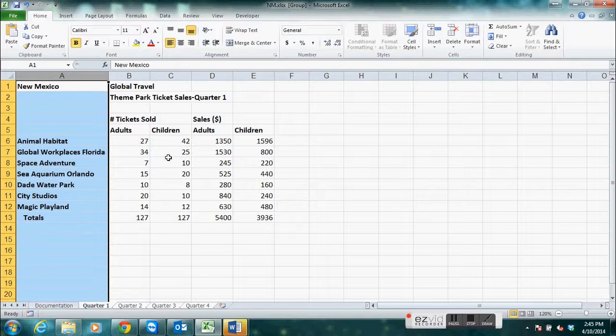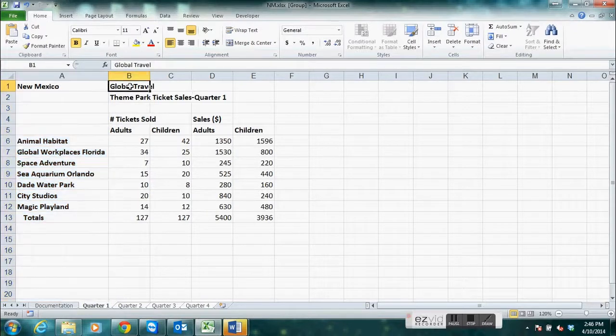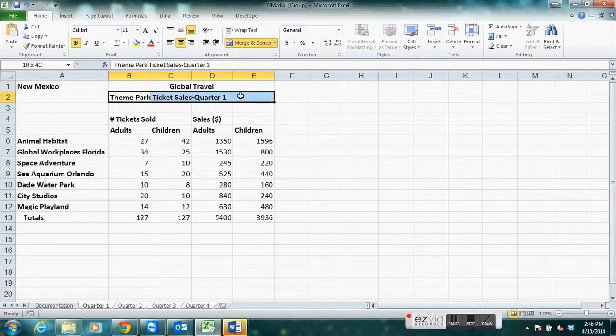Now we're going to merge and center each of the ranges. So we're going to merge and center range B1 through E1, and we're going to merge and center at the same time B2 through E2. So hold down the control key. Actually, no, we want to merge and center these one at a time. So merge and center, and now B2 through E2, merge and center,